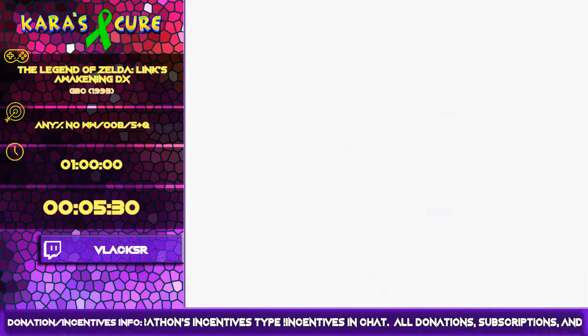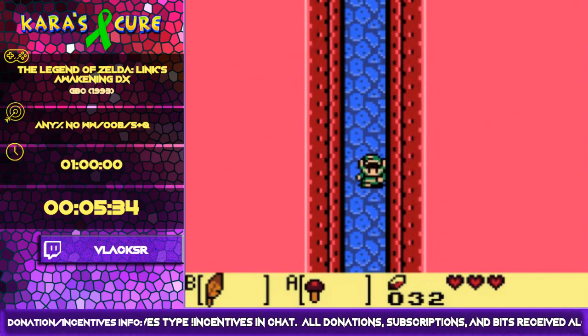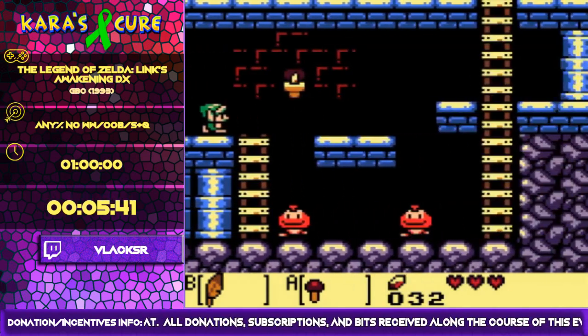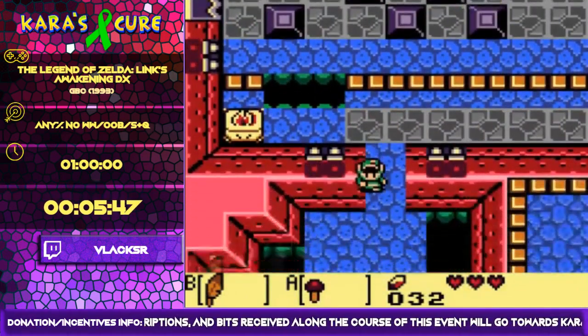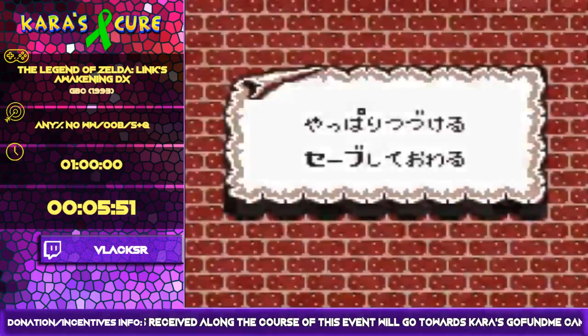Alright, so he's gonna get the Rock's Feather here in this dungeon, and the Rock's Feather allows him to jump. So this is the second Zelda game where you actually have a jump button, which is really cool. In fact, the Rock's Feather is an extremely broken item because it's gonna allow us to do